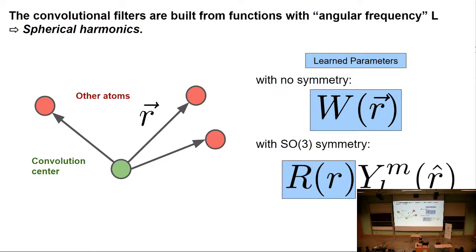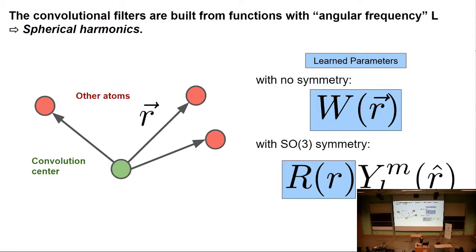Now, if I have rotational symmetry, then what I have to do is split up my filter function into 2 different parts. A radial component, so just distance information, and an angular component, angular information. This is super analogous to when you're solving for the hydrogen atom, for those of you who have gone through that process, where you end up splitting your function into the part that's radial and the part that's angular. Very similar intuition.